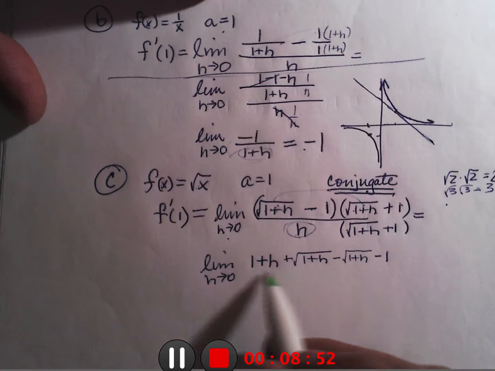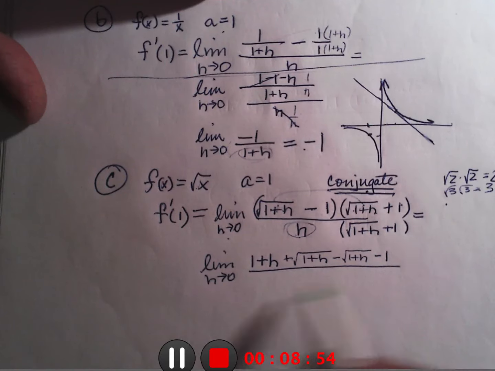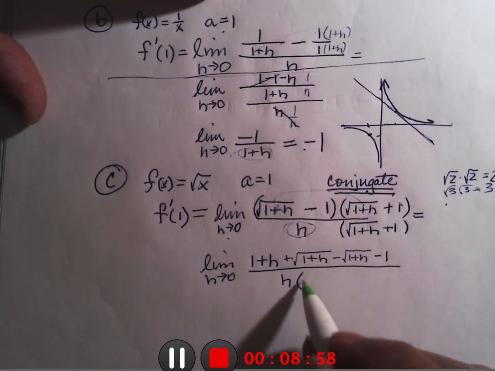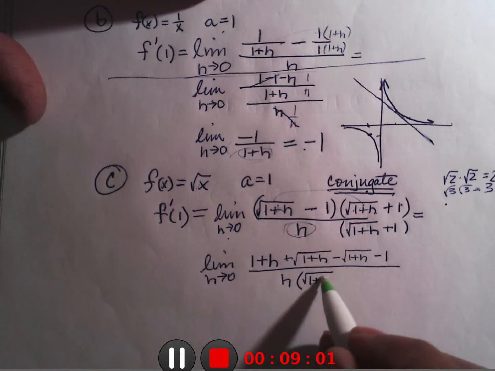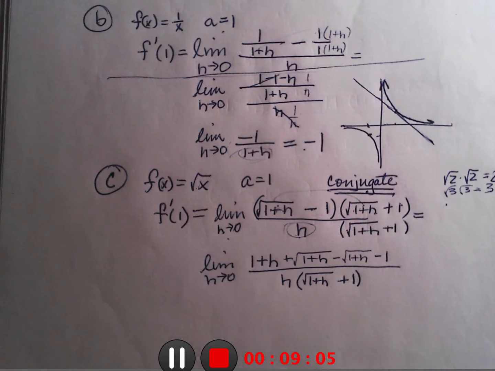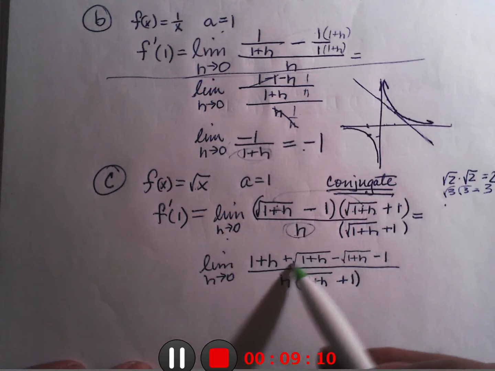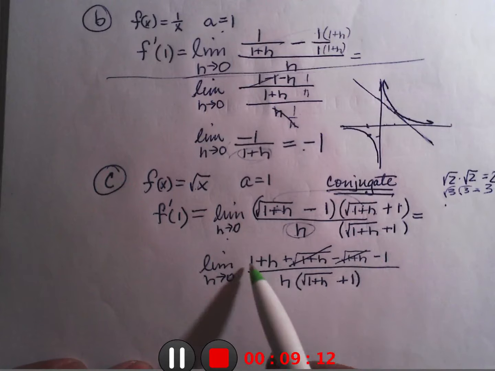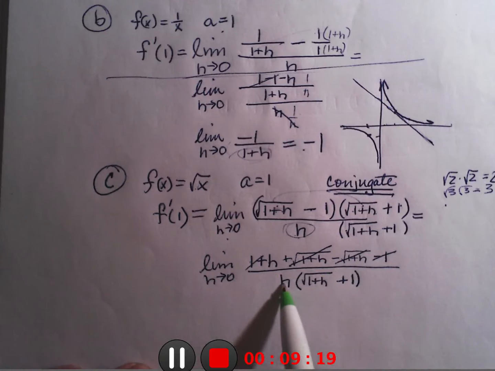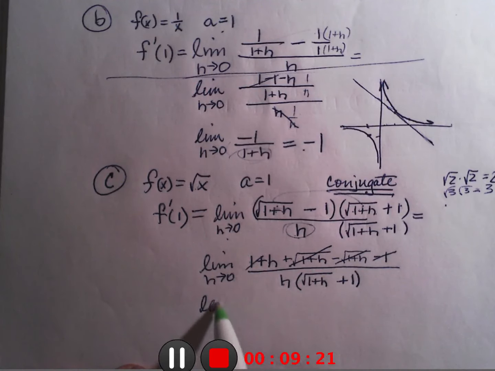All over h and this thing that I multiplied by: square root of 1 plus h plus 1. Now it looks like I got worse, but I've really not, because that cancels with this, and the 1 and the minus 1 cancel, and so I have just an h left, which is going to cancel that, so I'm really looking at just trying to figure out what happens to this expression,